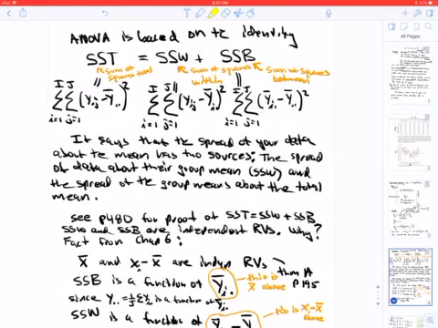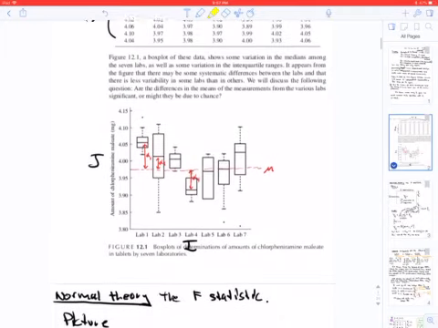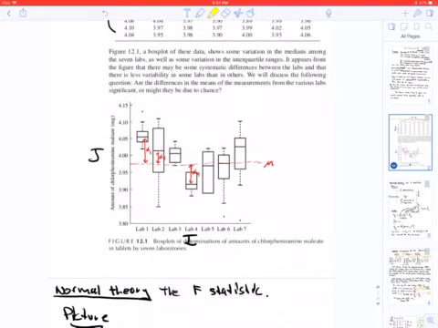Maybe we can best show it from a picture here. If you think about the overall variation from the total mean, you can write that as a sum of 2 independent pieces. The sum of squares within is, take a look at each of these treatment groups,